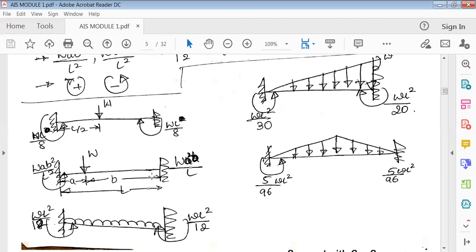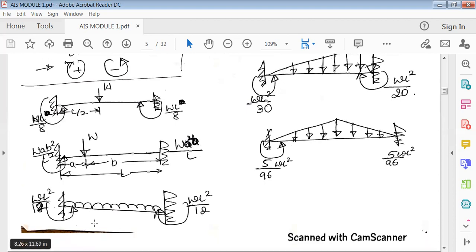is clockwise. Now again, the nearer support is B, so it would be W, and the farther support would be squared, so far is A square. Near length is B divided by L square. So it is W A square B by L square. These are the possible conditions which you will come across, so we are going to be very thorough with these cases.